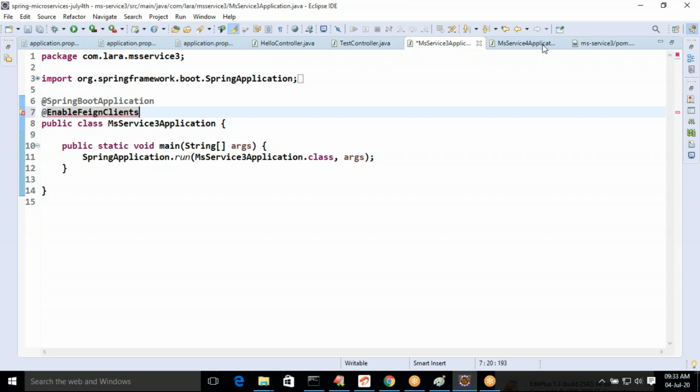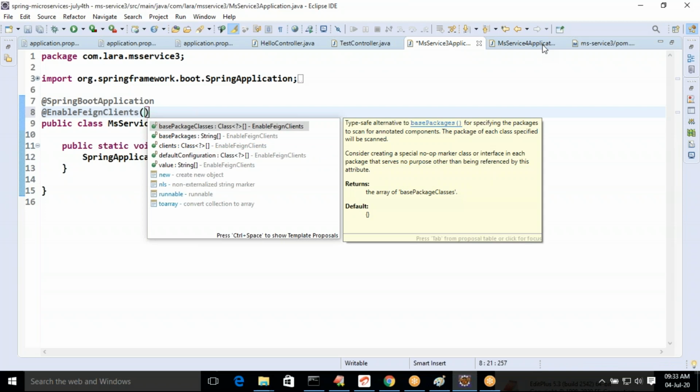Wherever you are trying to develop, all Feign clients should be enabled. You need to supply either a single package name or multiple package names where you are developing Feign clients.